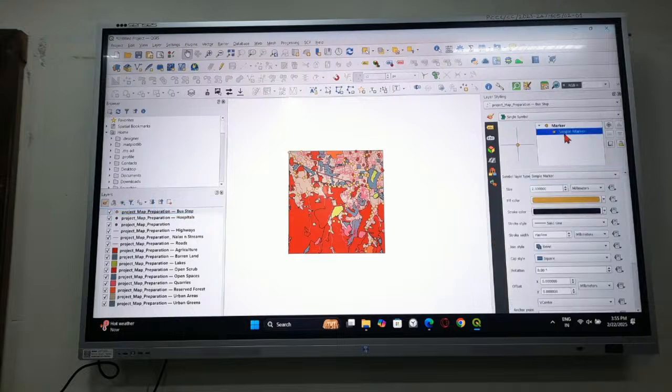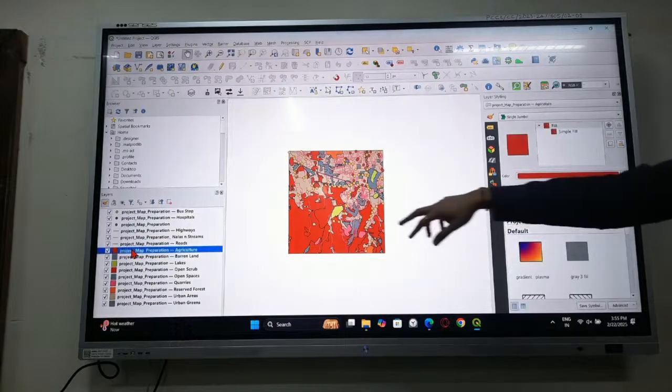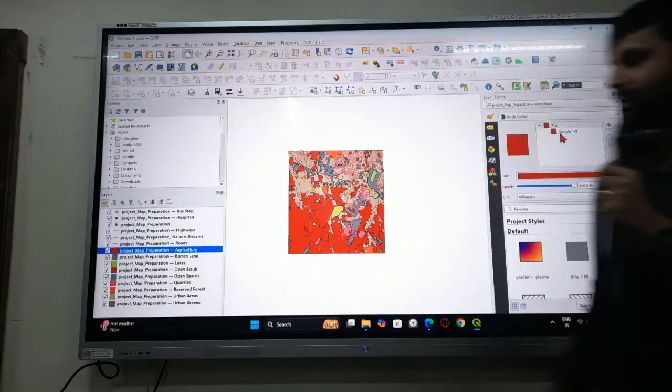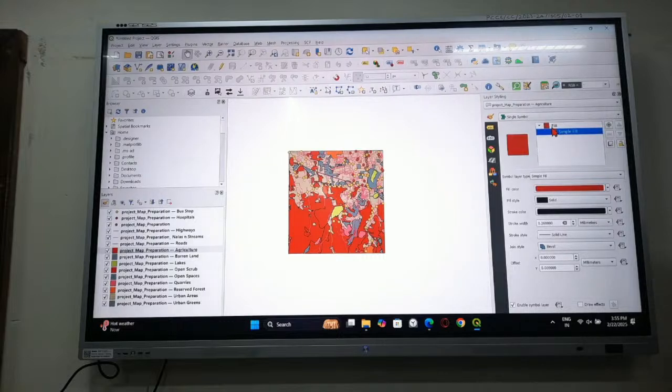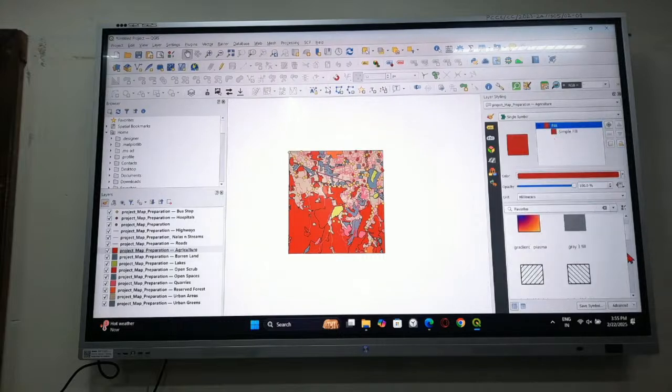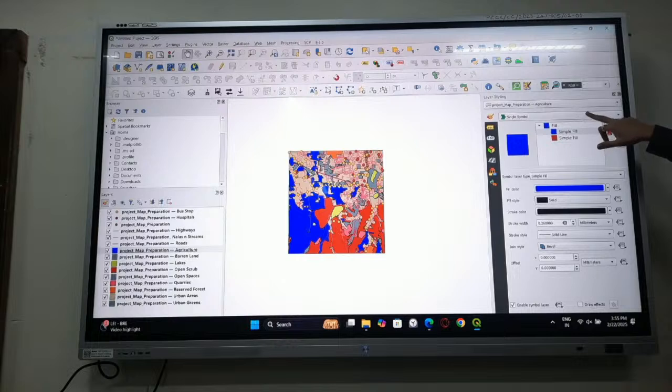So first, let's start with the polygon. Let's go into the polygon first. So the first thing that we will do is we will color the agriculture lands. Since it is agriculture, it makes sense to have kind of like a greenish color set. Now before styling, I would give a little bit of an idea about what all different things you can do in a styling. So if you click on this single symbol on the top here, yeah,